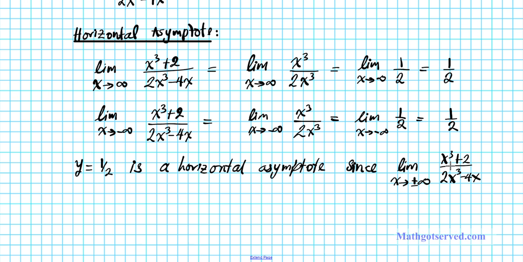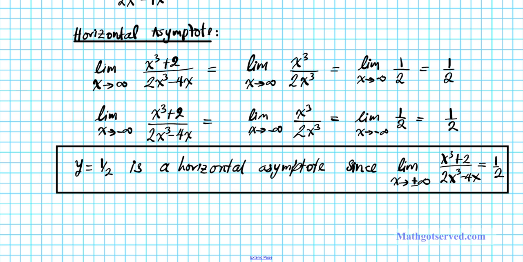Both limits as x approaches infinity is equal to 1/2. So based on the limit definition of an asymptote, y equals 1/2 is a horizontal asymptote for this function. Alright, so let's box our answer